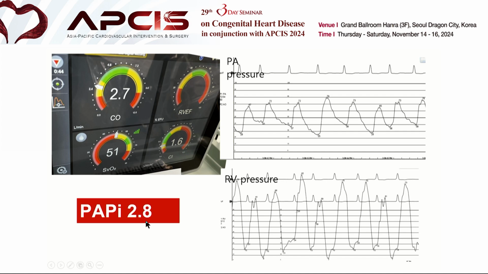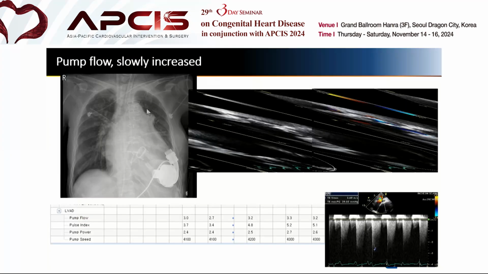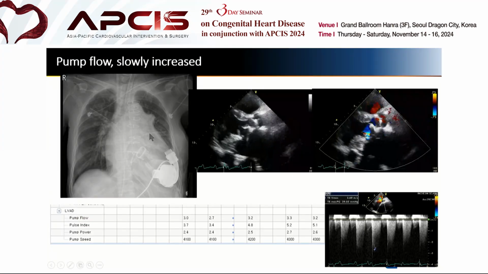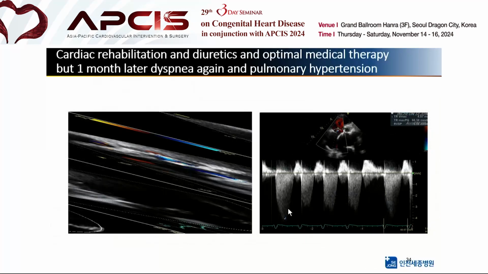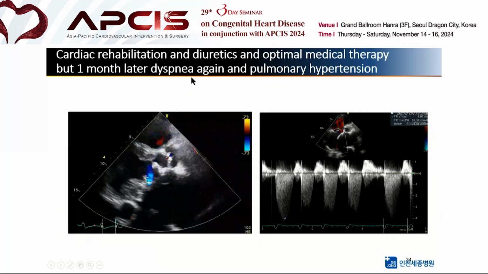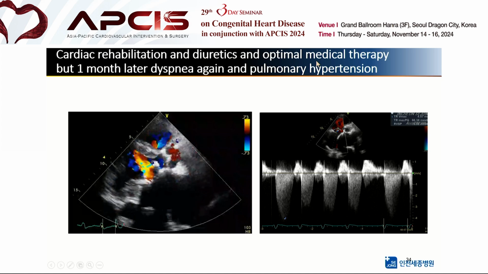So I thought she could endure an LVAD without RV support. So we inserted the LVAD without RV support, and we gradually increased the pump flow, to a very low pump flow like 3.0. And at that time she was really good, with cardiac rehabilitation and diuretics and optimal medical